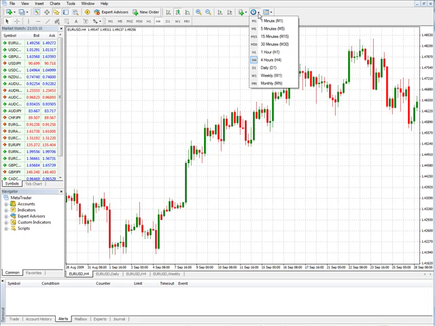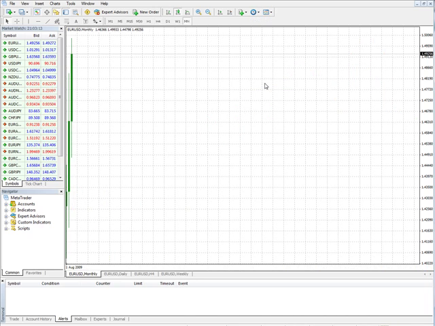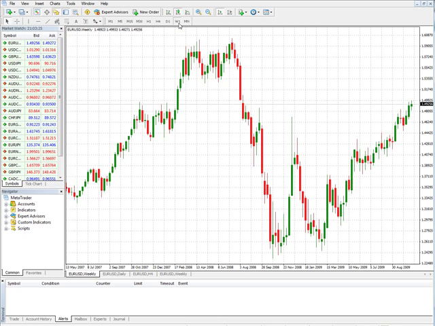But you can also do it over here. So it's simple to, I'll turn on auto scroll again. Monthly, weekly,